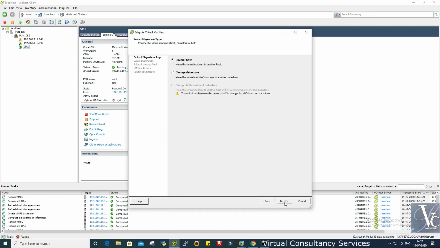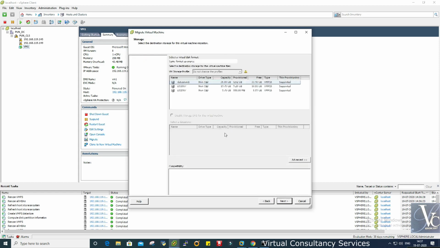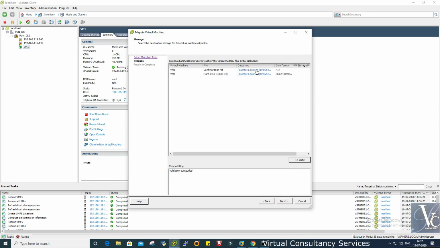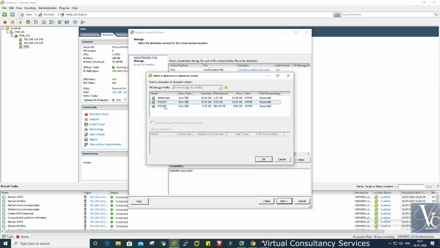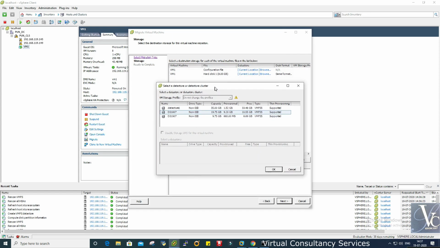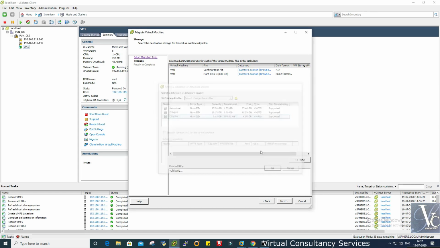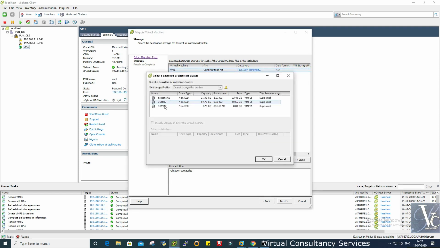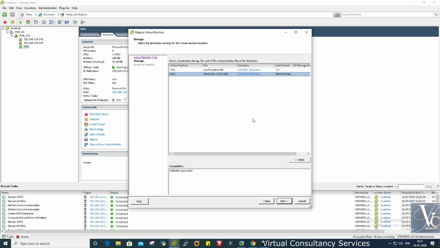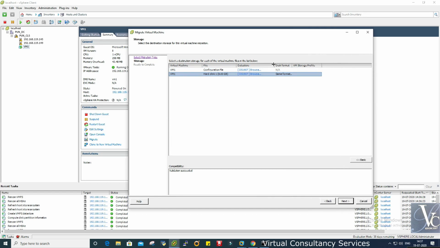So let's concentrate here now. Click on VM, right click on VM, migrate. Then don't change the host, only the datastore. Okay, then 1907. If we go into the advanced, we have the option to select. So I will select my configuration file, that is the VMX file. Later on, we will go through the configuration file and what types of files are available for a particular VM. So I click on DS1907.